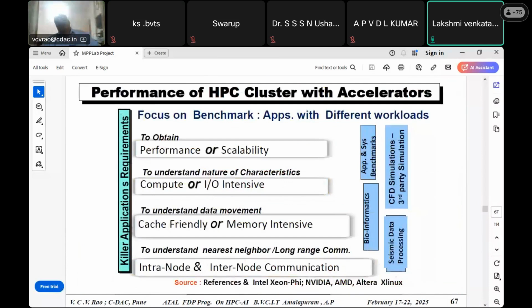It's clear. So let us see how the applications have been defined. Somebody looks at AI application training as performance. Somebody says I need a large amount of AI data, so I need scalability. That means I need to accomplish a large amount of data processing in a given amount of time with this many processors, and how do you get scalability? Do I do only compute, or if I do more AI training, I need IO also, since more data needs to be processed. If my application uses more memory, as the teletraffic application does, or is cache friendly,